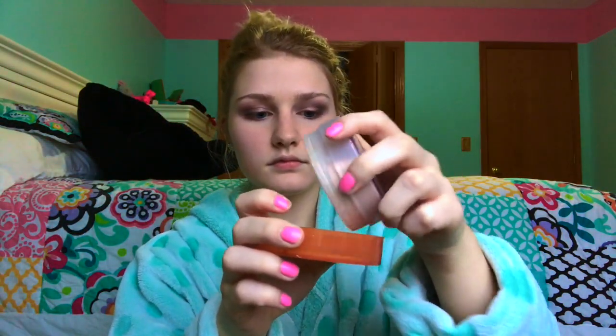Now to set or bake my face, as some people say, I'm using this Airspun translucent powder. It's very similar to the Laura Mercier translucent powder, and I just got it from Walmart. It's like $6 or $8, and it's super comparable. My cousin who has the Laura Mercier one said that it's pretty much the same. It has a little bit of a scent, though, is the only difference. So I'm just applying that wherever I applied concealer. So, my under eyes, my nose, my chin, and then also underneath my cheekbones where I'm going to contour